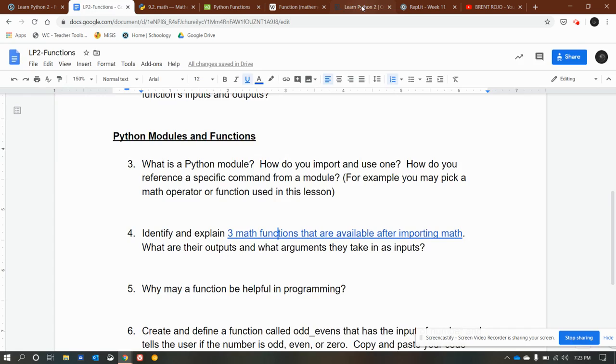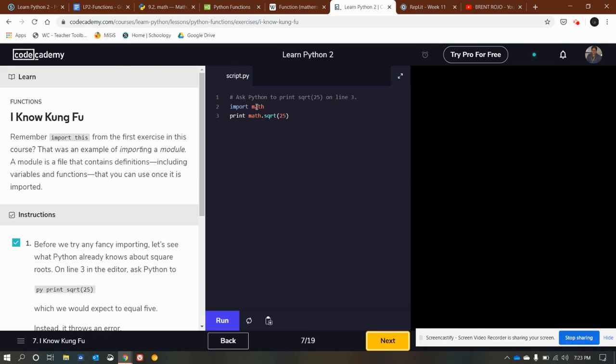Basically, import math is saying import the math module. A module has a lot of extra functions that aren't built in, but you can make use of by importing it. So we either import everything, and then if you're using the square root function, you do math dot in front of it, or